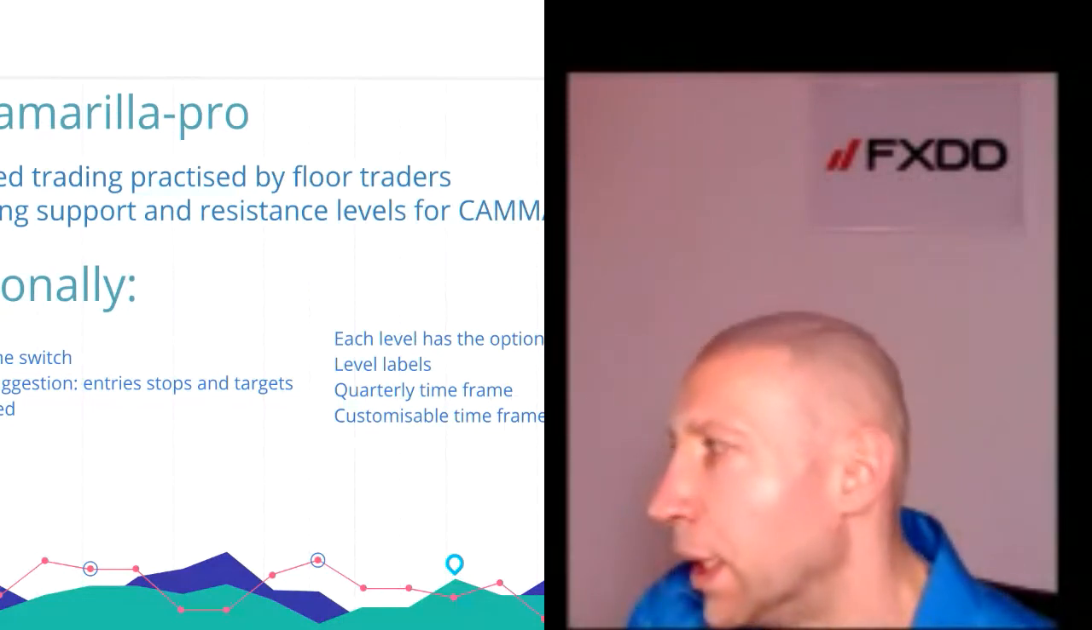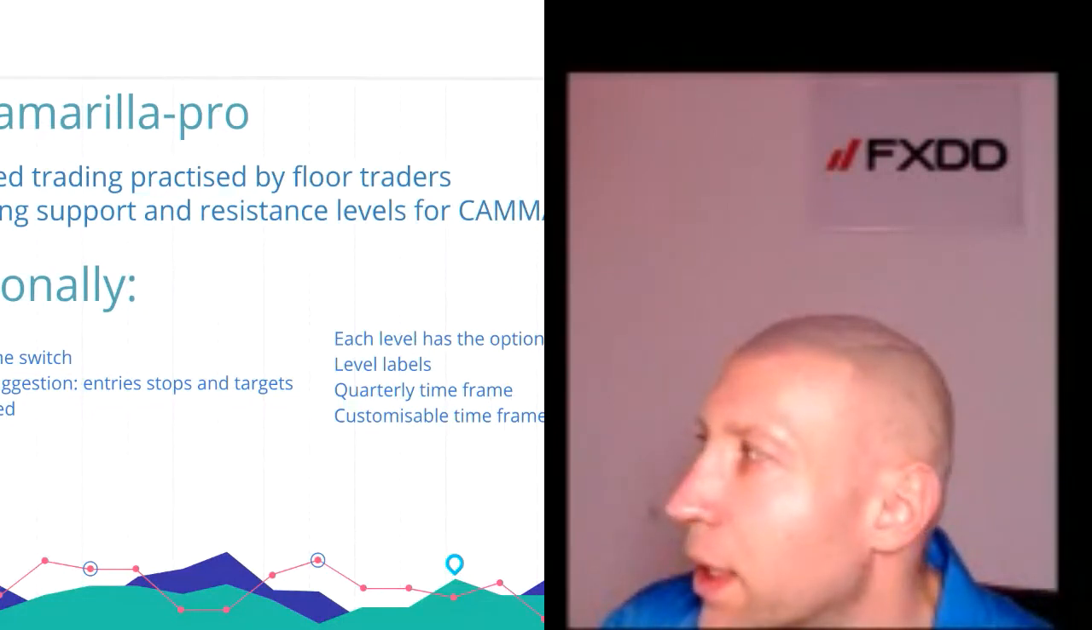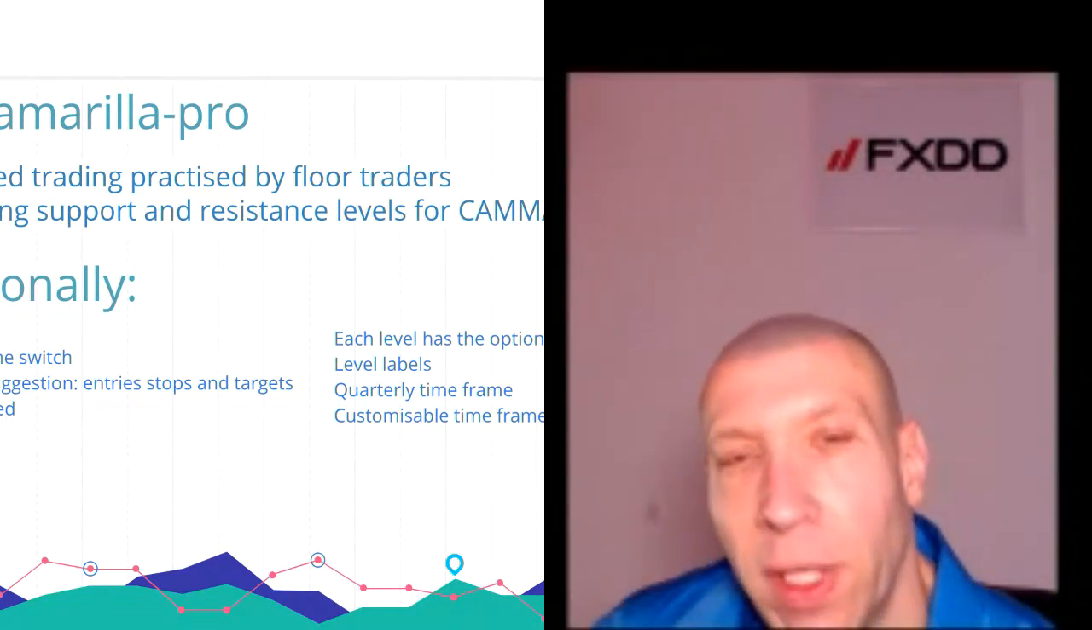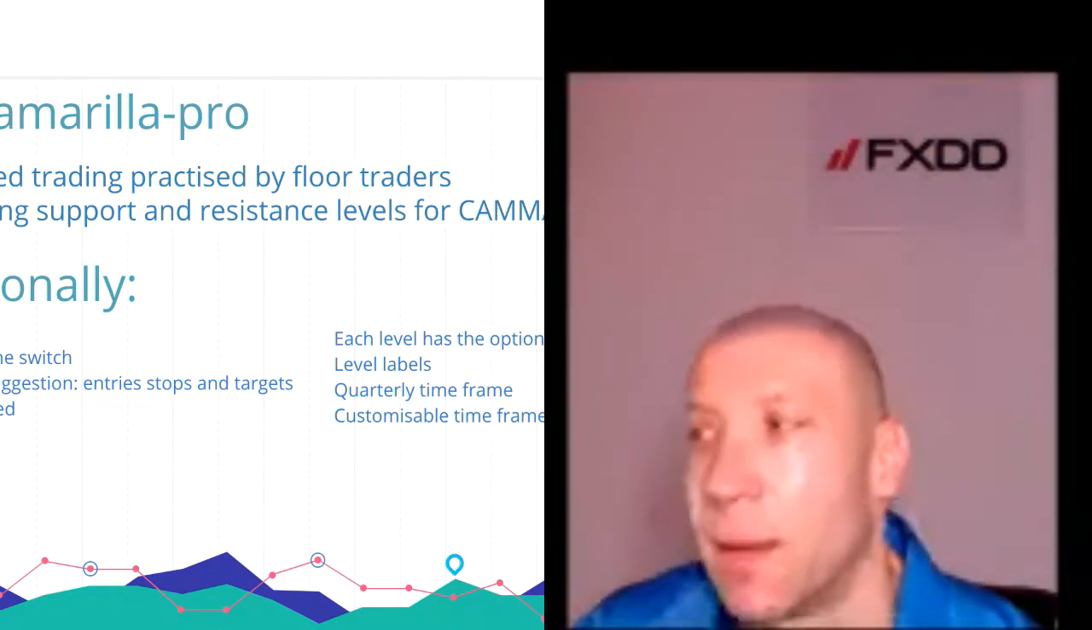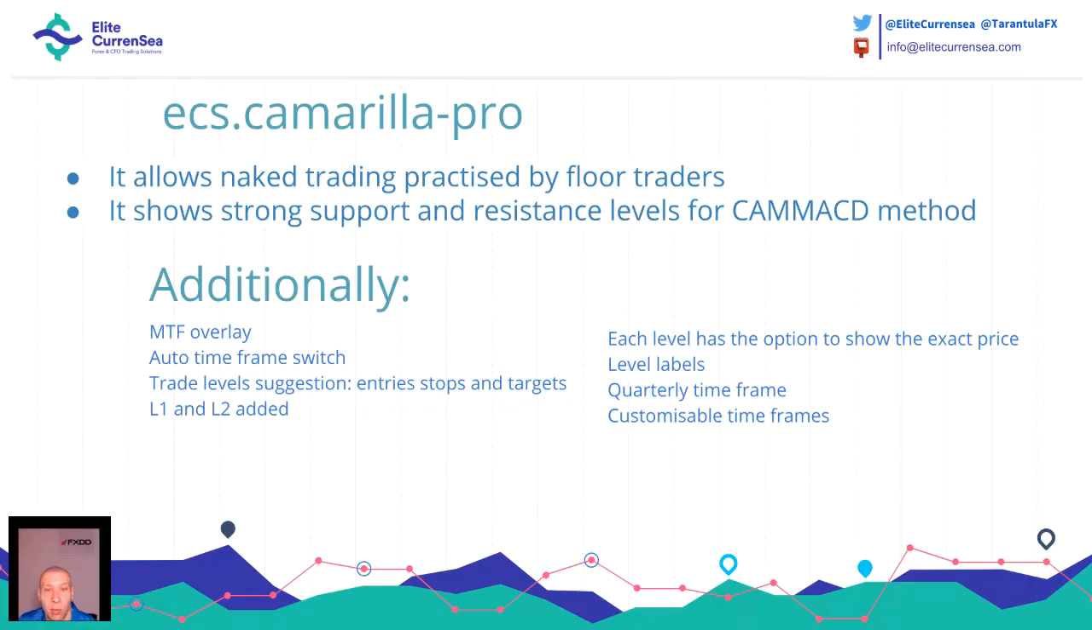we proceed. The Camarilla.Pro indicator allows naked trading that is practiced by floor traders. It shows strong support and resistance levels that we usually use for my Camarilla.Pro method. Of course, Camarilla.Pro is not necessarily what must be traded. Maybe you have your own method, maybe you have your own system. But the point is that this indicator is very powerful, and if you follow it with proper money management, you will definitely have success, because I know Camarilla very, very well, and I've been using it for, let's say,